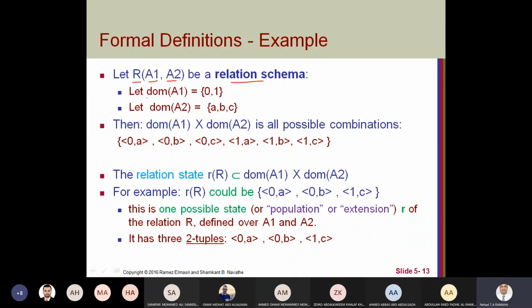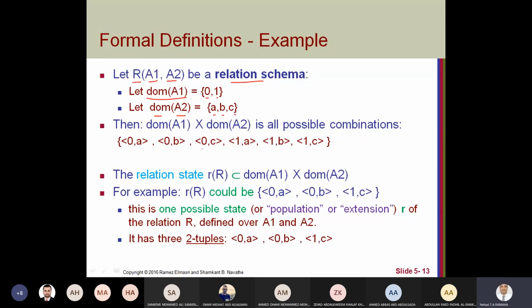Then, we make a hypothesis to see the example. If we have domain of A1 as 0 and 1, and domain for A2, all possible values for A2, A, B, and C,